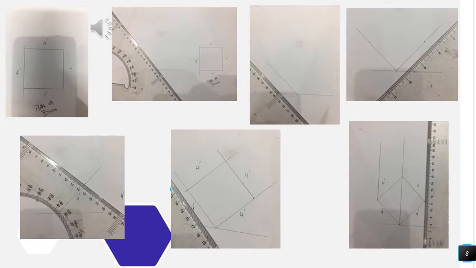In the second photo, we have seen that 4 by 4 scale, and parallel to that I have an extended line, and we are going to create a 45-degree plan of 4 by 4 cube. In the third photo, you can see I put a T on the base and a 45-degree angle at any point of the horizontal line,